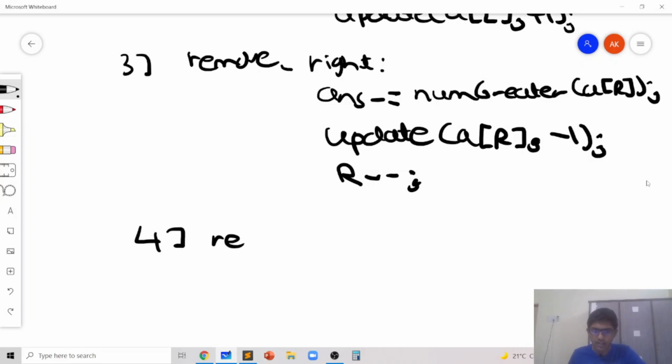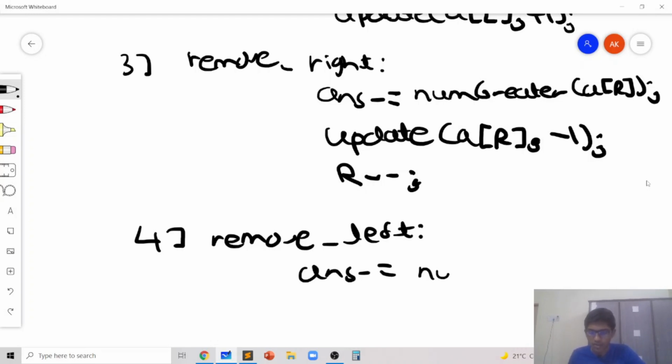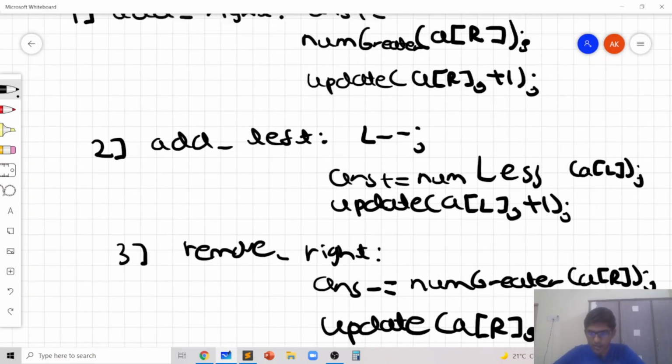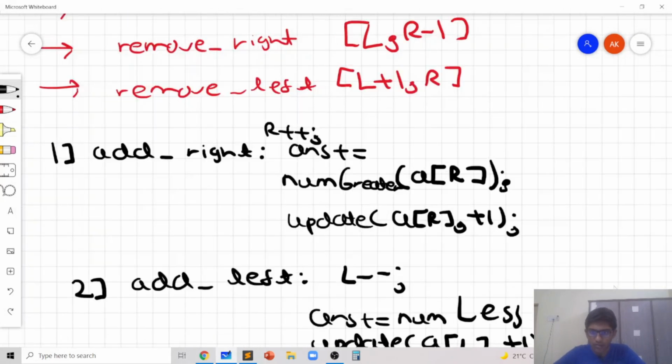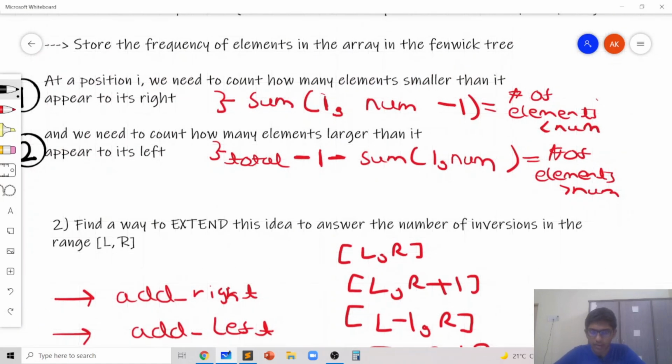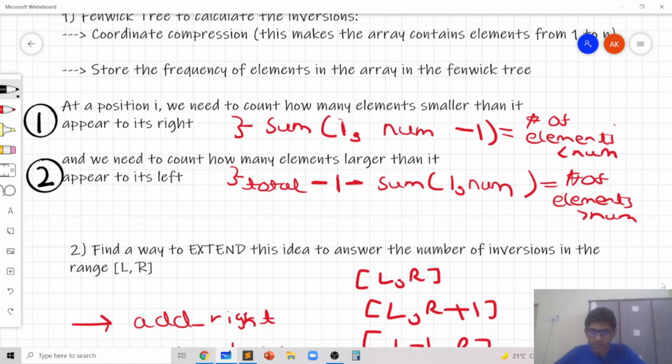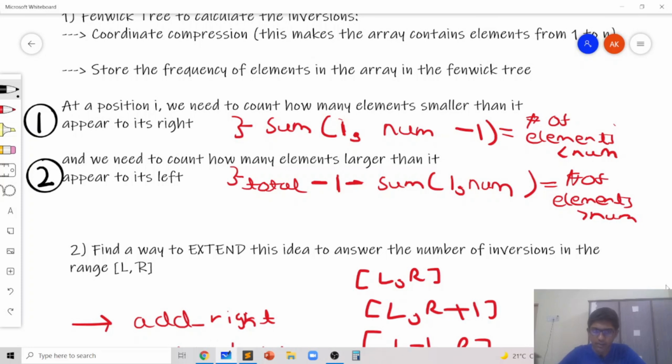That's how Mo's algorithm works when we are moving the right index to the left. And the fourth thing is remove left. So in remove left, we need to again decrease the contribution of left. The contribution of left was num lesser than AL. So how many elements lesser than AL appear in the binary index tree? Because that's the contribution which we added when we extended it to the left. If you consider the first thing, when we extend an element to the left, we want to find out how many smaller elements appear to the right.